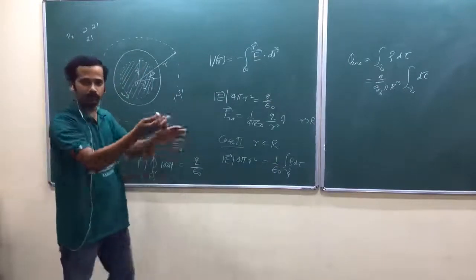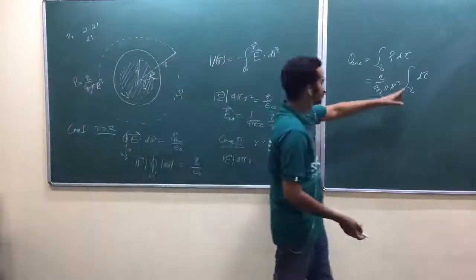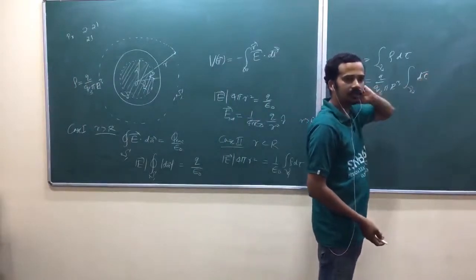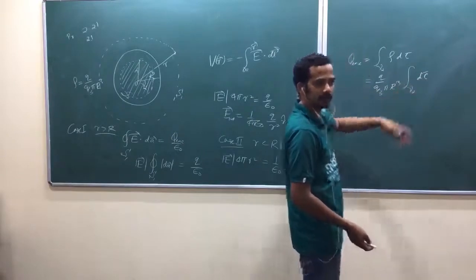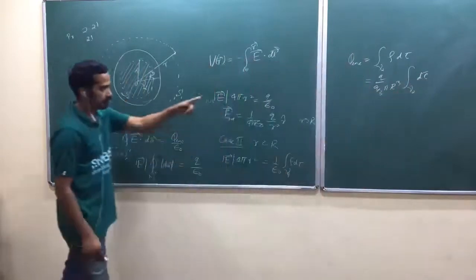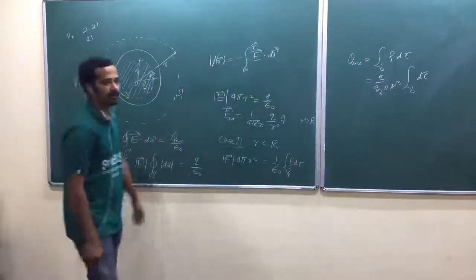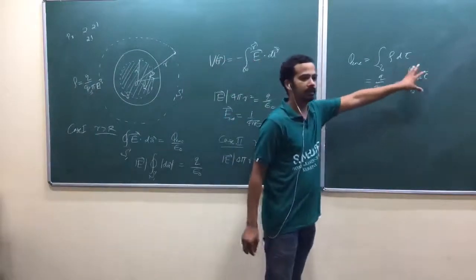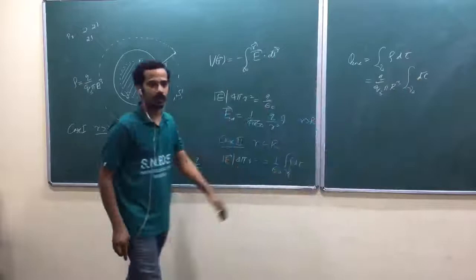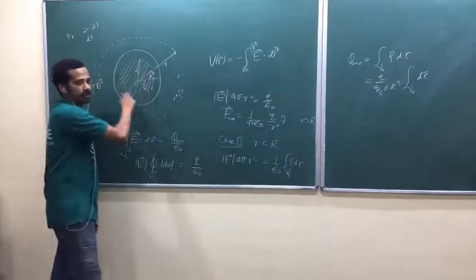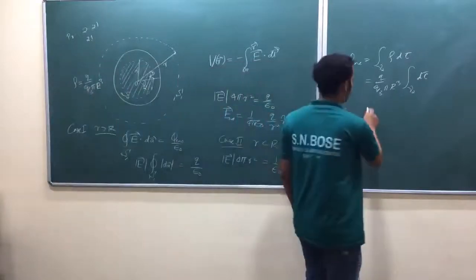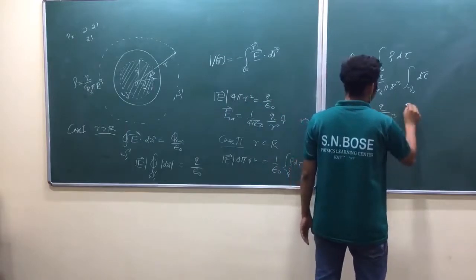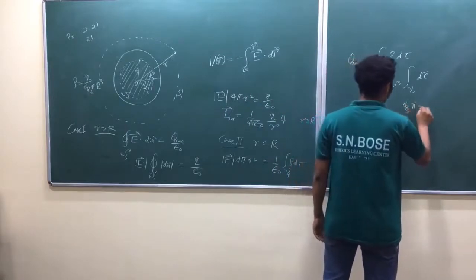Now again, you don't have to go for coordinate geometry. You can write r square dr sin theta d theta d phi and run those integrals, but it's not needed. Look at here. Once that rho comes out, what is this one? This is the volume integral of the volume element. This is the complete volume. What is the radius? Small r. So Q by 4 by 3 pi R cube into 4 by 3 pi r cube.